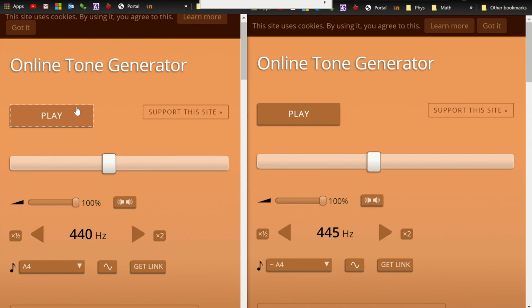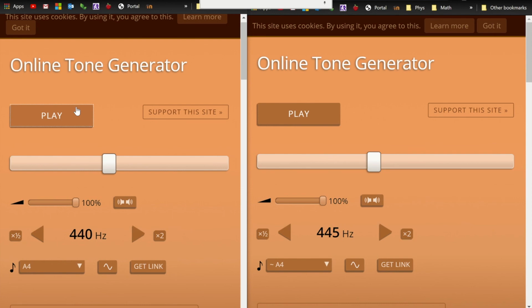Okay, so we want you to notice two things in here. Number one is that when the two sources of sound are played at slightly different frequencies, then you will get a beat. You get a beat because one sound is interfering with the other sound, and sometimes they add up. At some point, they destroy each other. So you're receiving a sound wave that is sometimes at a maximum, sometimes at a very soft tone.